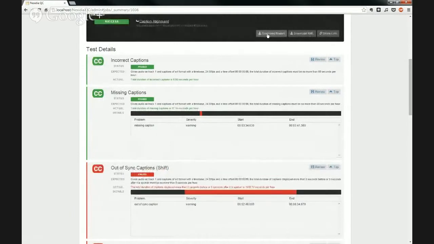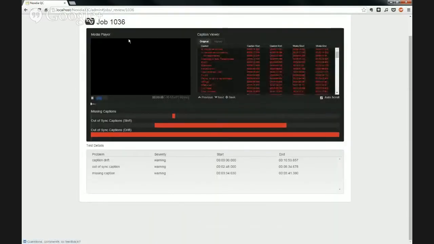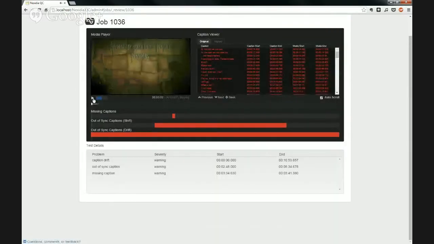You also have the ability to save this as an HTML report. You can download the XML. The XML that you would download is actually the same that you would get through the API. And then new in our 2.3 release here, we have a new review player. If we click on review there, we bring up the video, you can see the captions along the right side here, and then we've got our timeline